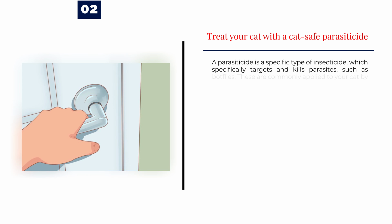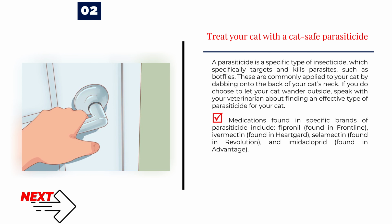Number 2. Treat your cat with a cat-safe parasiticide. A parasiticide is a specific type of insecticide, which specifically targets and kills parasites, such as botflies. These are commonly applied to your cat by dabbing onto the back of your cat's neck. If you do choose to let your cat wander outside, speak with your veterinarian about finding an effective type of